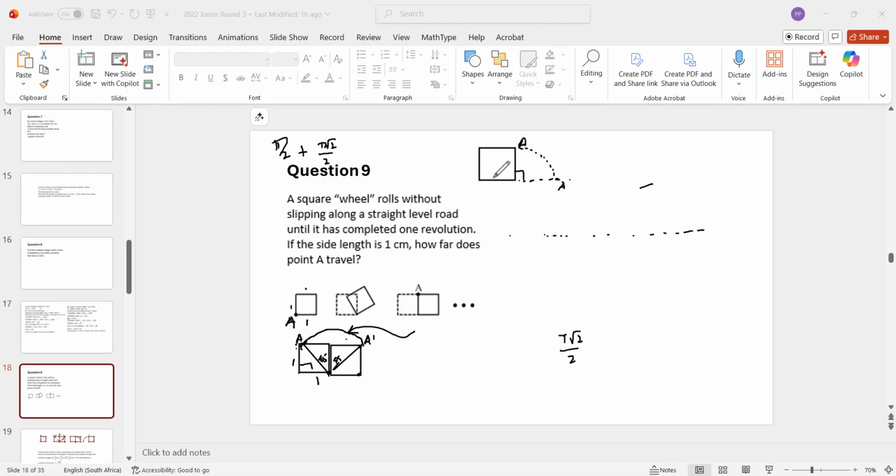And just as before, we had pi over 2. So there's another pi over 2 here. This is exactly the same because you've got a circle of radius 1, and it's a quarter of that circle, just 2 pi r. Okay, so what is the distance it travels? It's pi over 2, and I've just put that in there. Okay, and then at the last stage,